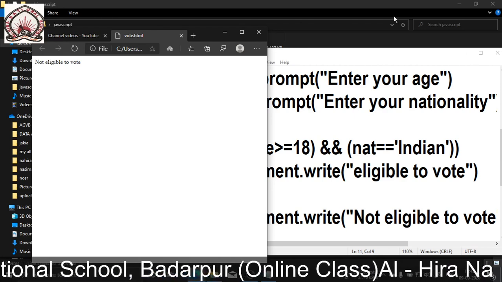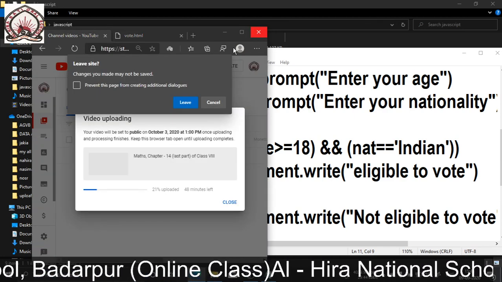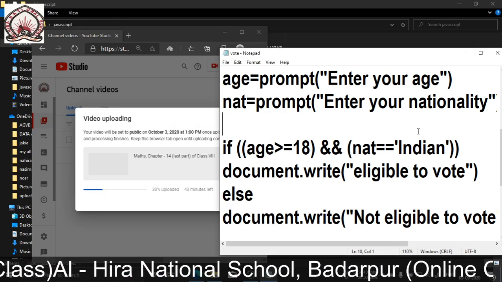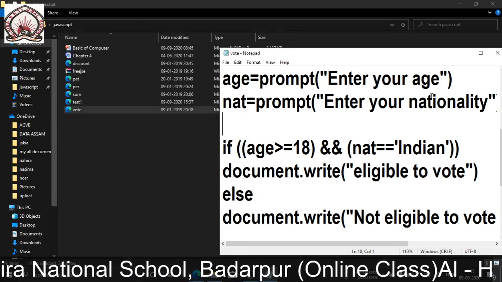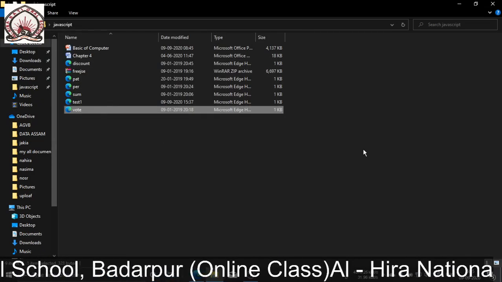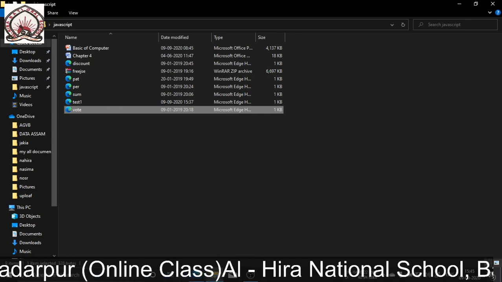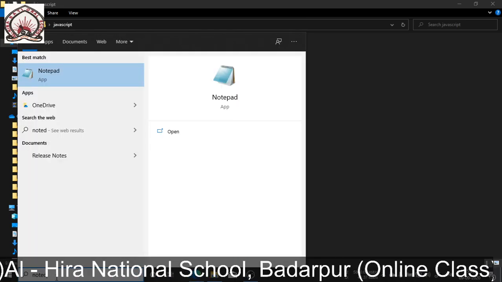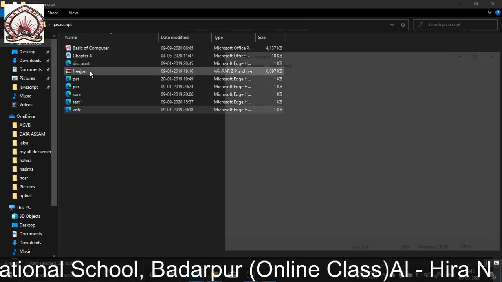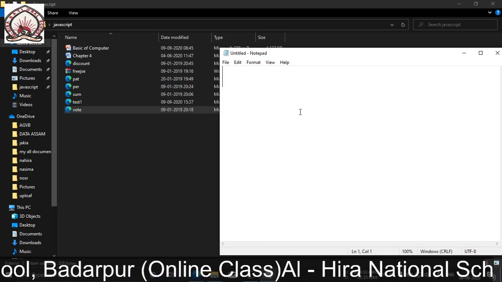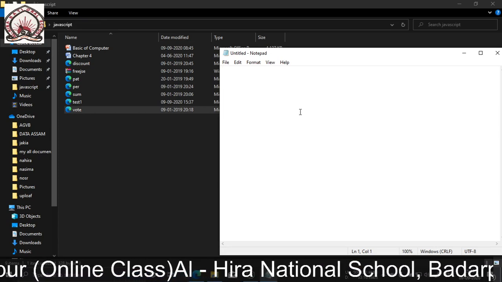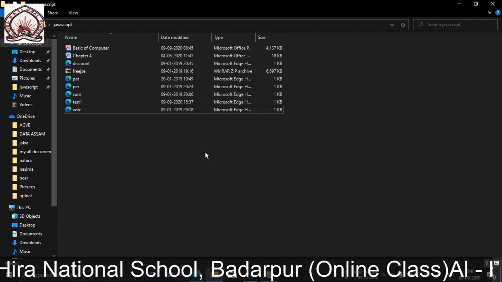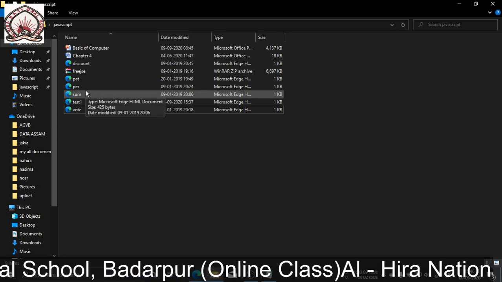So this is how we type a program, and how output is displayed in JavaScript. In JavaScript, we basically type a JavaScript code in Notepad and save it with file extension .html. So let us do another JavaScript coding which I have. Let me show you another from here, this one.